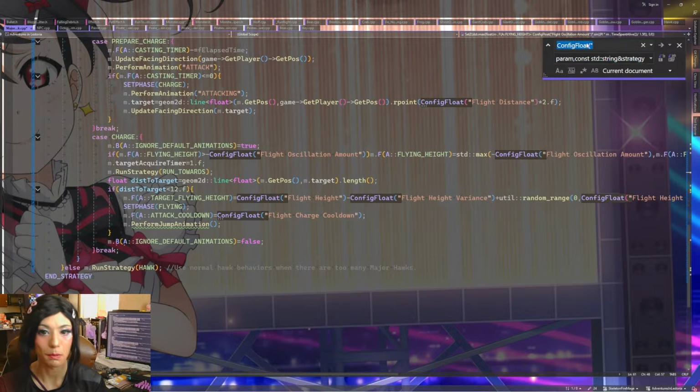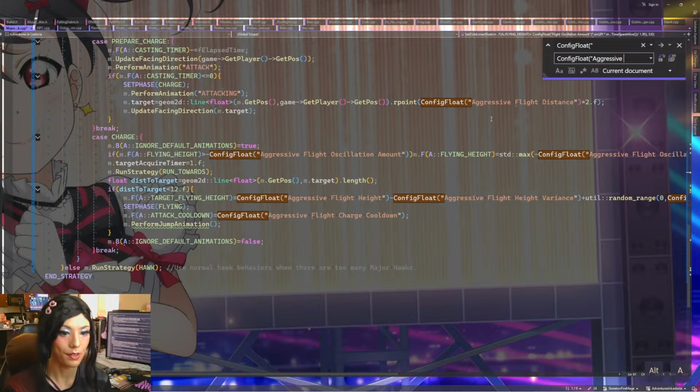So we copy this in, and we can define some kind of name that will be used for these. So instead of all this, let's just say config float. Are these all config floats? Yeah, it looks like everything is just config float, so let's replace it with aggressive in front of all of these.